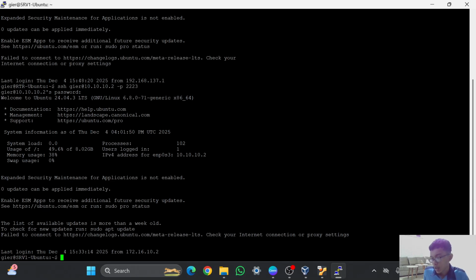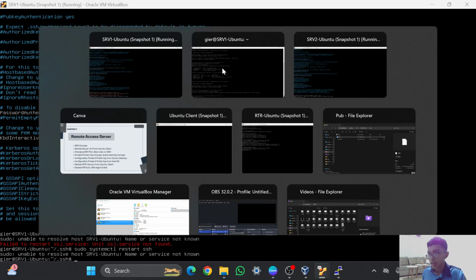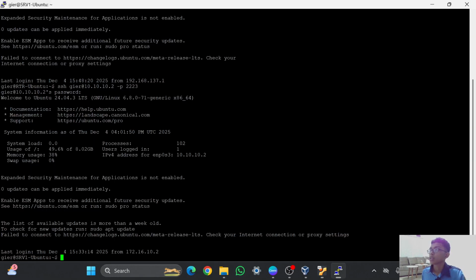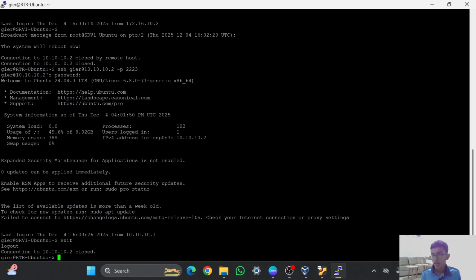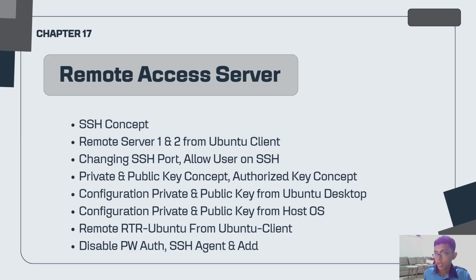That means I think the configuration is still not applied. Do I need to reboot server 1 and server 2? Okay, I didn't know how to make the disabled password authentication work, but that is how to configure it.